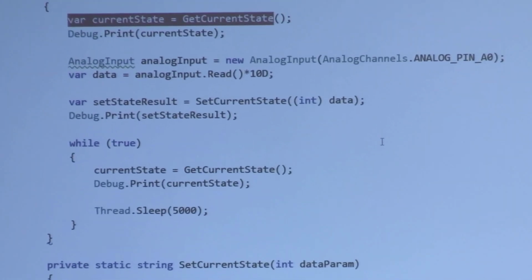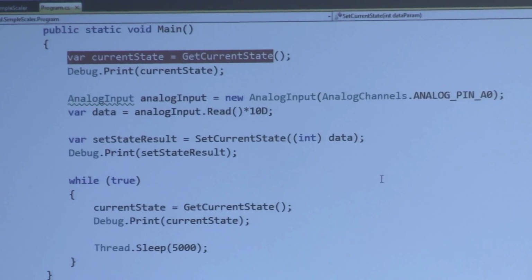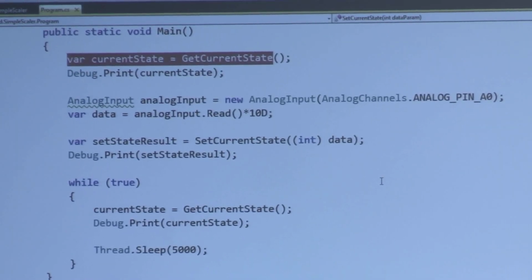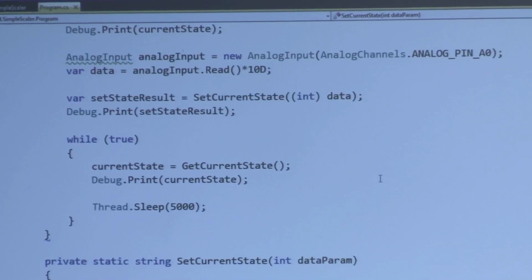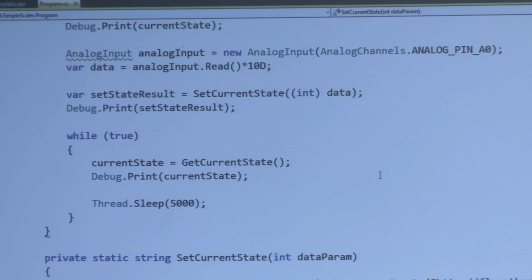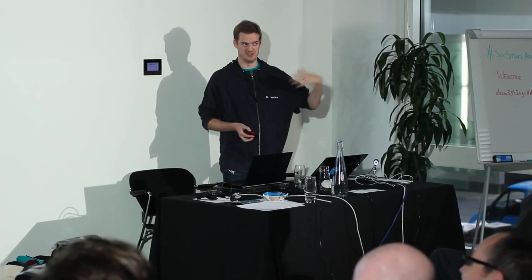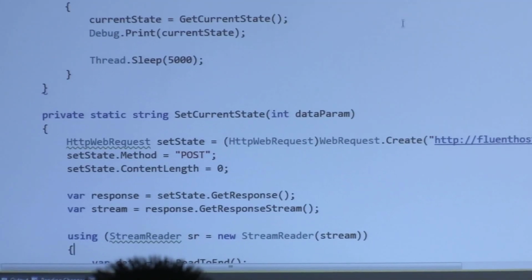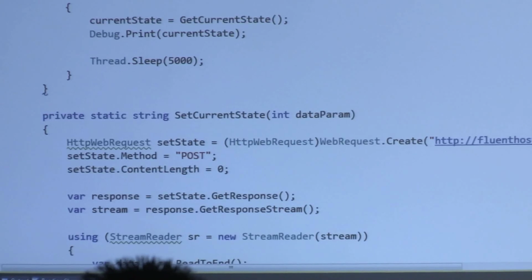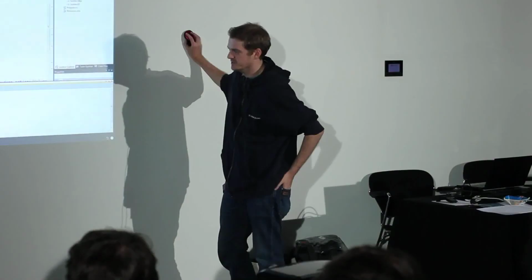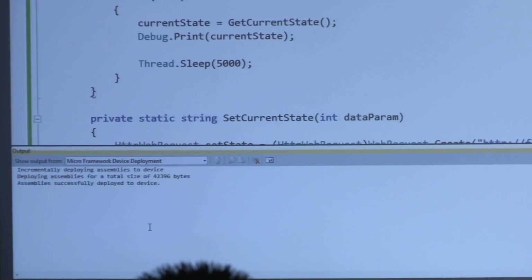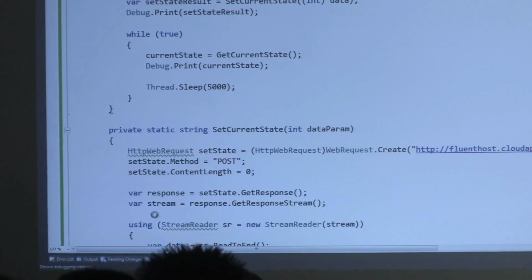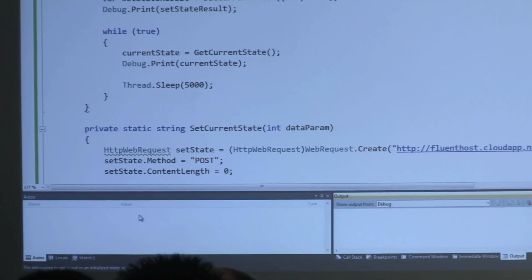In the cloud, it will then take that message, build a service management request up, and will then go on and make a scaling request to Windows Azure. So, without further ado, and it's very simple in that it's just using HTTP web requests in order to do this stuff. And to the wall. What are we doing? This one is very, very simple, a lot smaller than the other application demo that I showed you. So it's only 42 kilobytes rather than 54, whatever the one was.